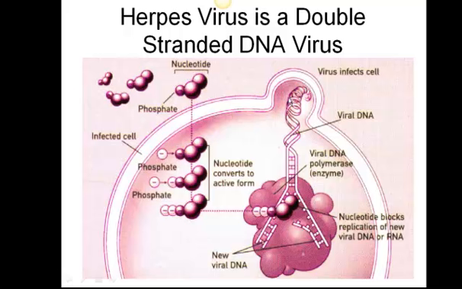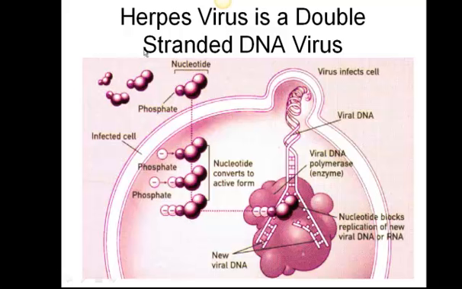So the viral infection would occur, and then you have a viral DNA polymerase enzyme that's involved in the initial replication of the DNA molecule from the virus. And so you get replication, and this replicated form of the DNA will then get integrated into the nucleus of the cell, where it will integrate into the host chromosome.